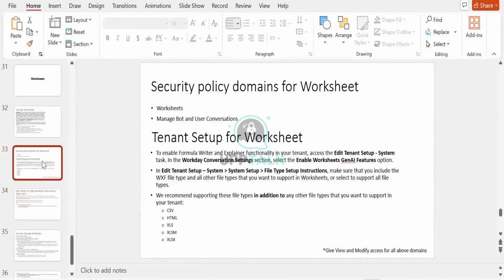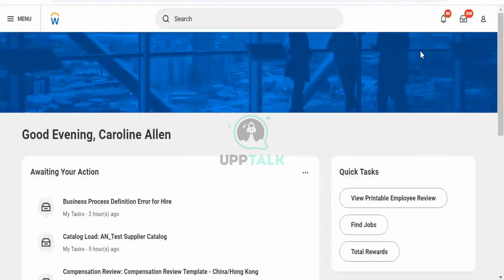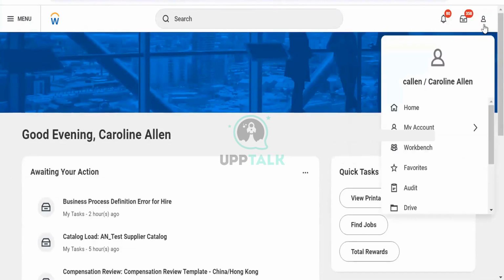concept. First of all, I will show you where we will be able to see the worksheets. When you go to the home page, it's important that you have the Drive access, because you will have the access to discovery boards. That means you will have access to Drive. When I click on this profile, I will be able to see the Drive for discovery boards, and the worksheet will be in the Drive only. First step is to have access to Drive. Secondly, to have the access of work